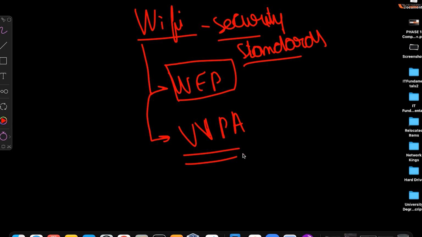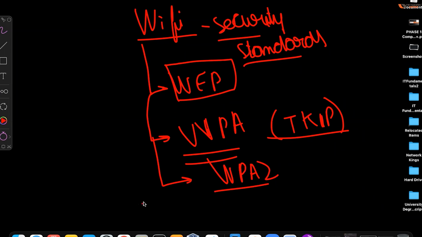It started using a protocol known as TKIP, Temporal Key Integrity Protocol. It's used for adding an extra layer of security. It's used for adding integrity to your Wi-Fi network so that you can know nobody compromised it. But again, it could be hacked into. So then we have WPA2.